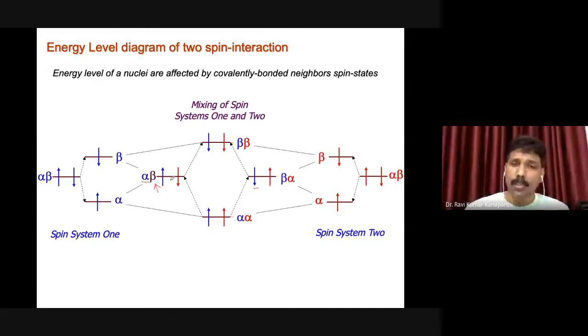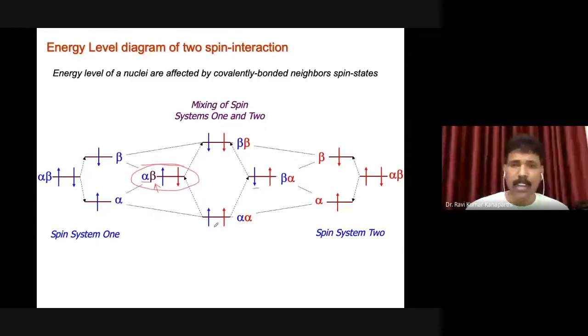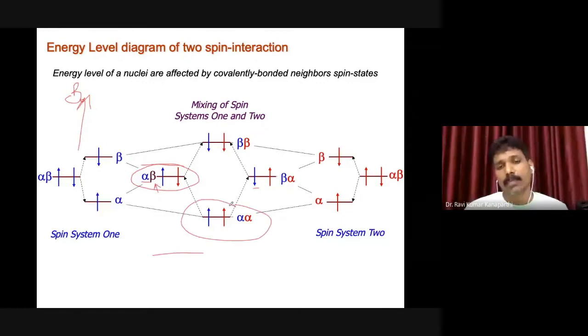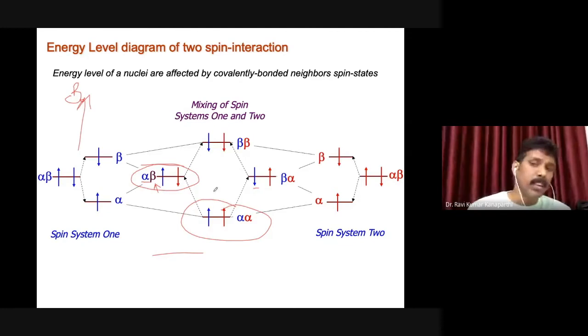And then, the other proton is also having alpha beta. Nevertheless, the energy states of alpha beta and beta alpha will both be the same. It is quite obvious, right? Whereas the alpha spin state, according to the energetics, is in the ground state, because it is pointing upward, in the direction we are applying the magnetic field. Therefore, this will be lower in energy, whereas the beta beta spin state will be higher in energy.